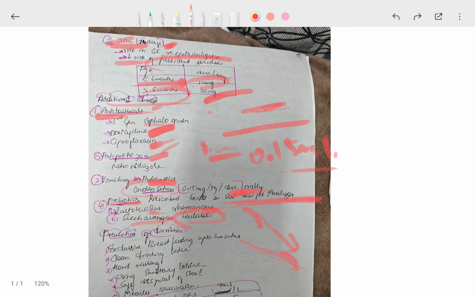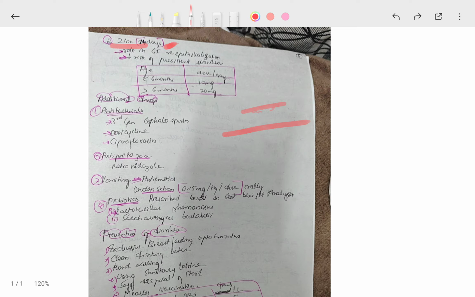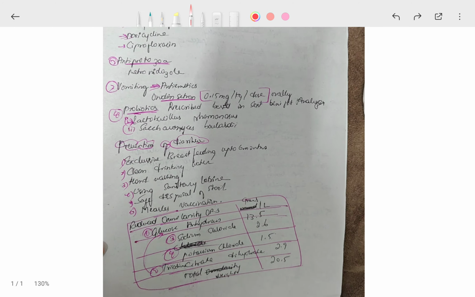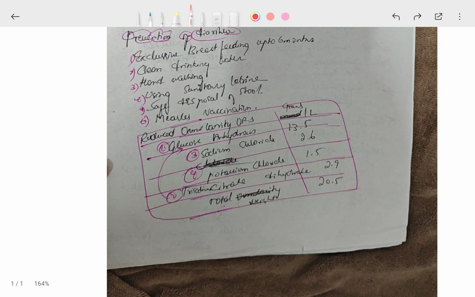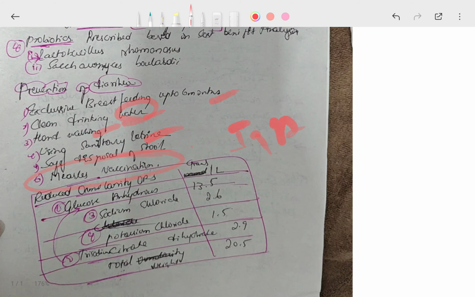Now coming to the prevention of diarrhea. I already told you the route of transmission is the fecal-oral route through food and water, so you have to maintain sanitary food and water. Then exclusive breastfeeding, which provides immunity through IgA antibody. Water and food should be hygienic. Repeated hand washing. You have to use sanitary latrines because transmission is through the fecal-oral route. Safe disposal of stools. And measles also causes chronic diarrhea, so you have to prevent measles